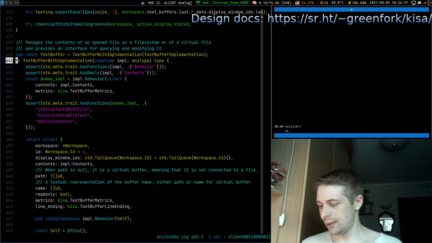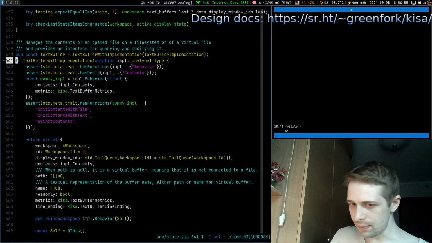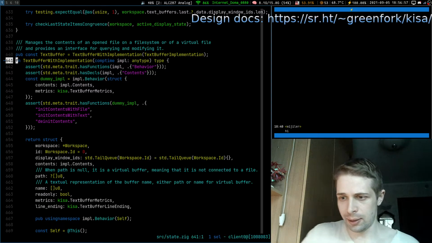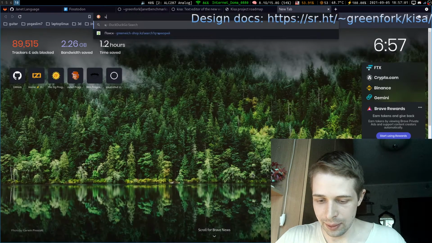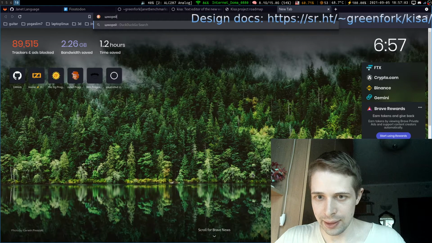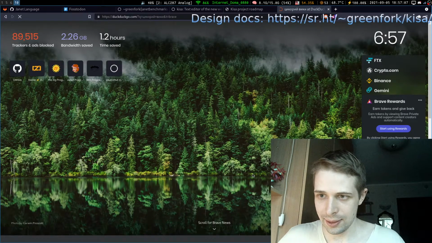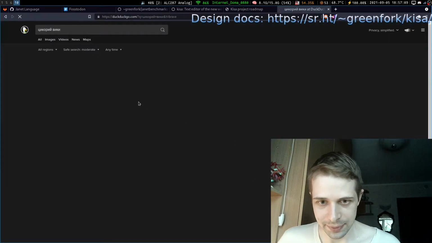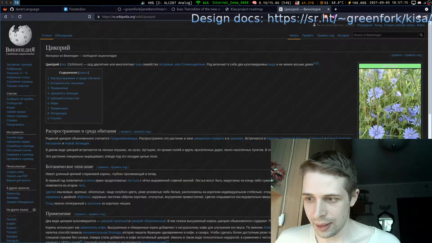Have today a drink. It's called Tsikori. It's hot. I don't know whether anyone has Tsikori too. Let's try to translate it, because I believe it is a plant.